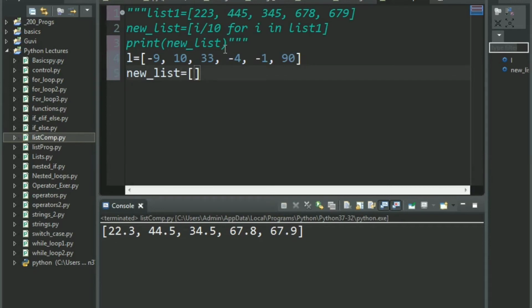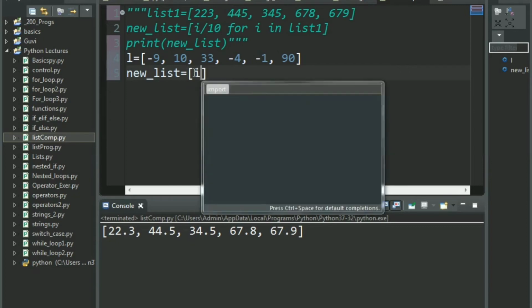The syntax what I said is I, that is the value to be returned, then the if condition, and then the for loop. I guess that is what I said, but I'm sorry, that is not what it is. It's I, then you have your for loop, and then you have your if condition. I was actually telling you all the syntax about if else in list comprehension. I'm extremely sorry, but it's just the opposite. Please don't confuse yourself. Value to be returned, for loop, and your conditional statement. Okay, that is your if condition.